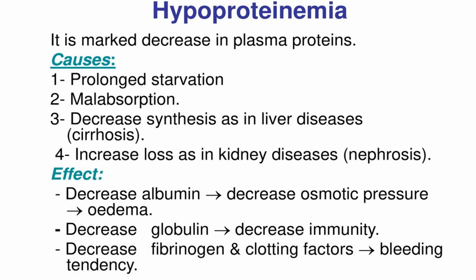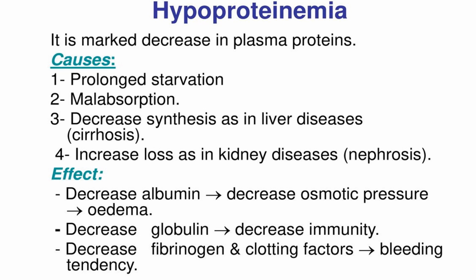So what happens? Hypoproteinemia. Mia means blood, so hypo means less protein in the blood. The normal concentration of plasma protein is 6 to 8 grams per deciliter. If the concentration is less than 6 grams per dl, then we will term it hypoproteinemia. Mainly the albumin fraction is the one which is most affected. The causes of hypoproteinemia: prolonged starvation, that is malnutrition,